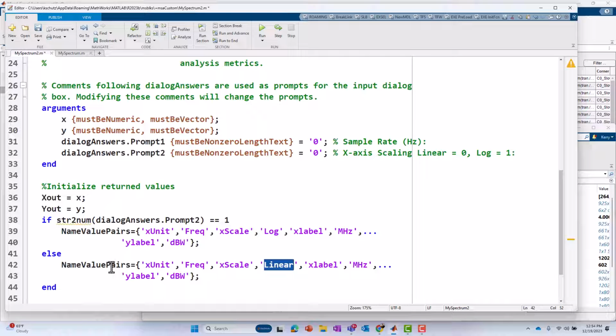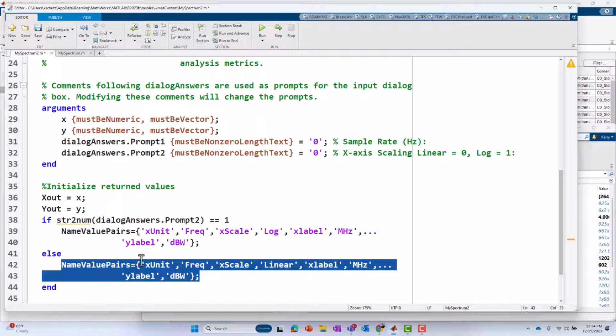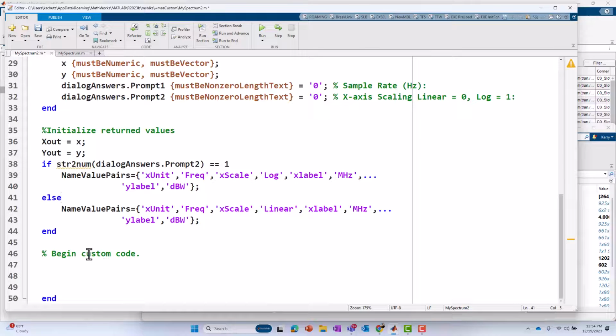Now, of course, I'm not being super careful here. In case the user typed in 2, it would still go to this line right here. So, I'm not being that careful. Now we've got a next section where we actually begin our custom code, and that's where we're going to compute